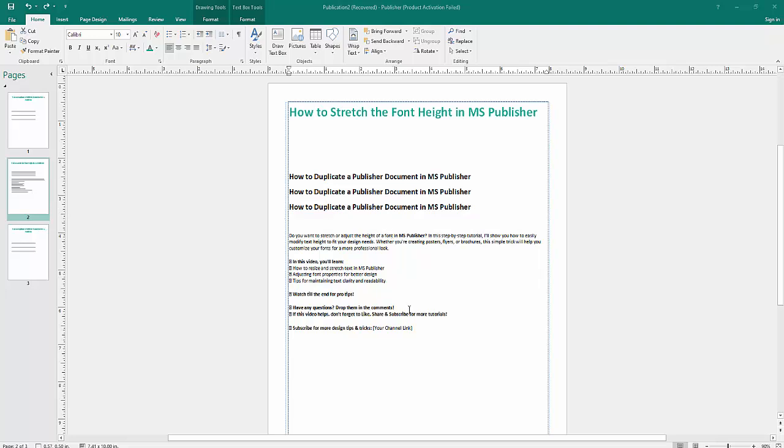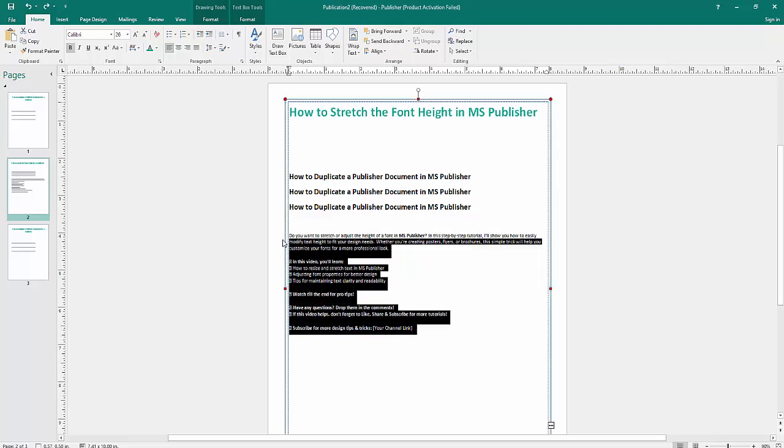Now firstly, select your text. Now go to the Home menu option. Then click the Increase Font Size option. Now click for